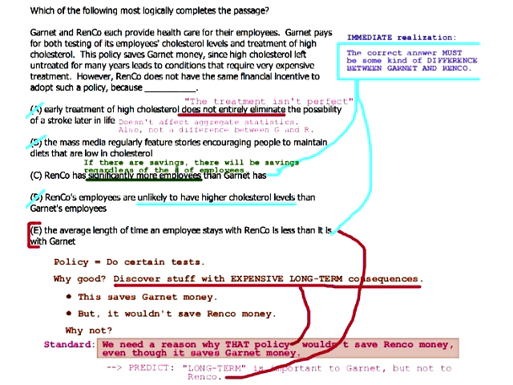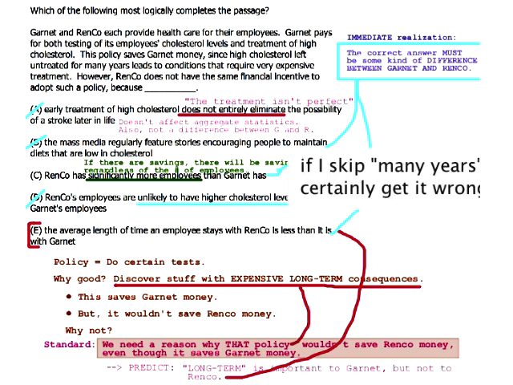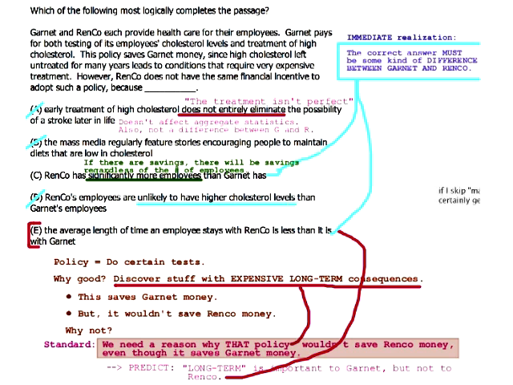If you skip the words "many years," then yeah, but that's the point. You don't skip the words "many years." That's the thing that matters a lot, and you would want to read that part carefully because that part is the whole reason why the policy works. So you wouldn't want to just read that with half attention. I'm talking about this comment from the chat box here, that comment right there.